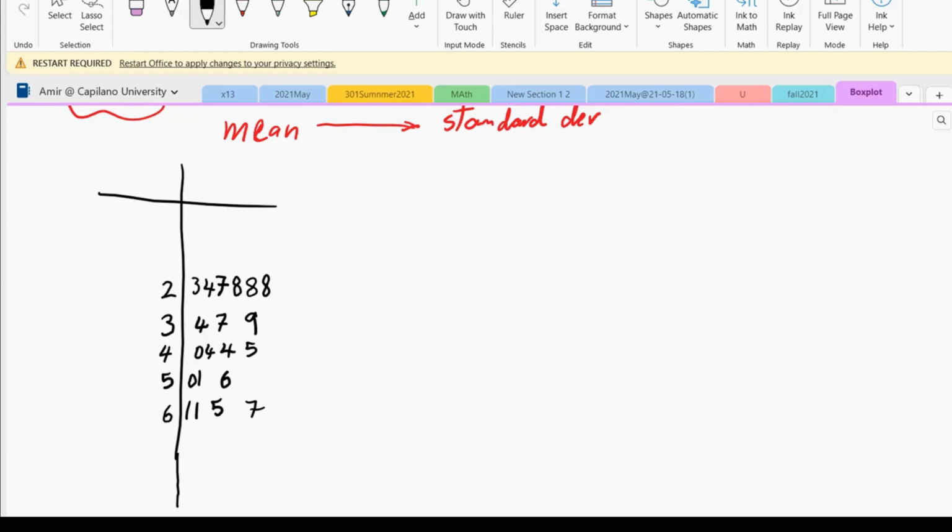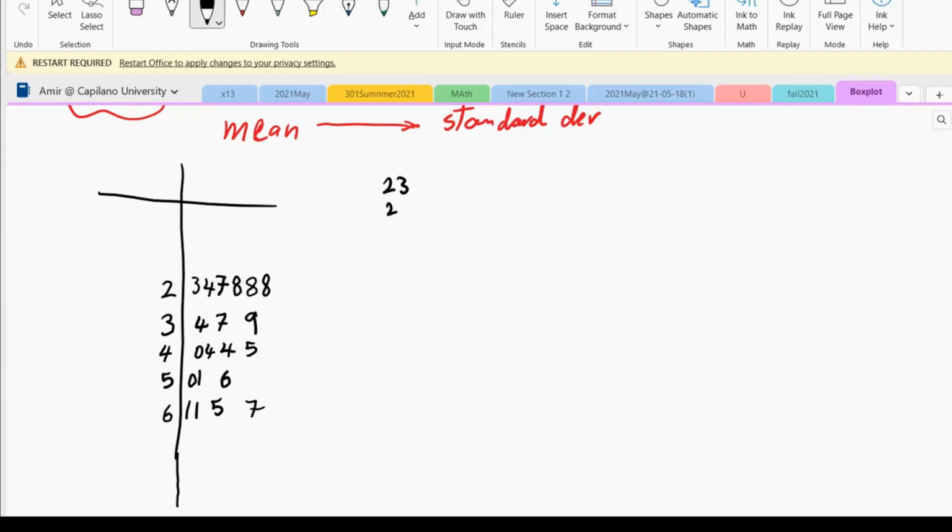Okay, so now to find the median, we need to write our numbers from the smallest to the biggest, and then we have to use the formula for the location of the median and find it. Okay, so let's write down our numbers. Now that they are sorted, we write them as